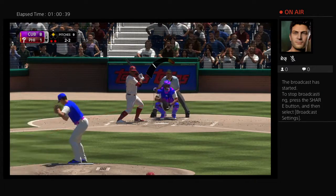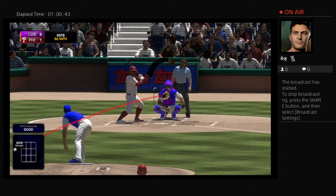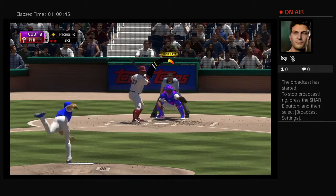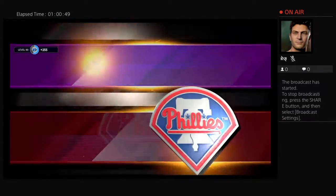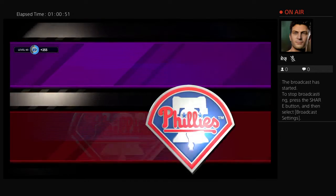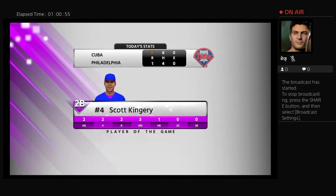That fastball must have a little late life on it because that was right in the wheelhouse, and he still wasn't able to get good wood on it. Philly down to their last strike. And a swing and a miss as they definitely had him reaching for that one, and this ball game is over. And they did some damage offensively in this one, enough to